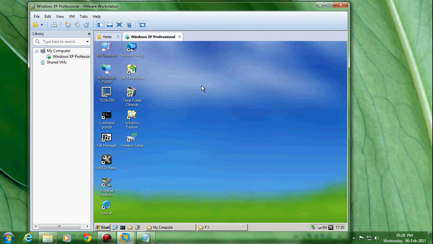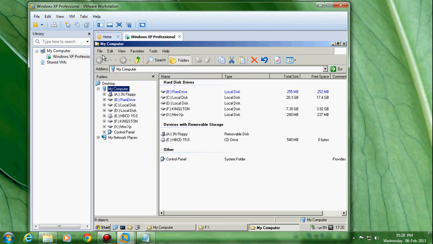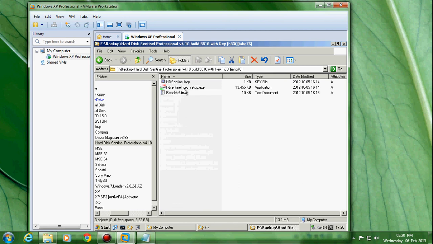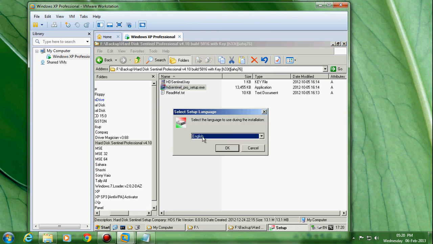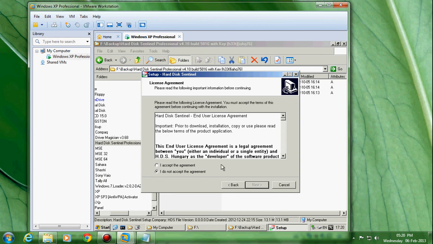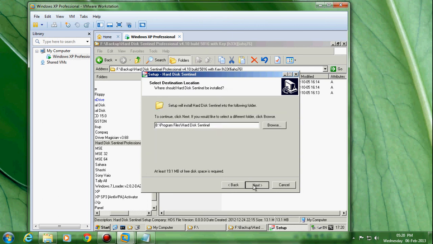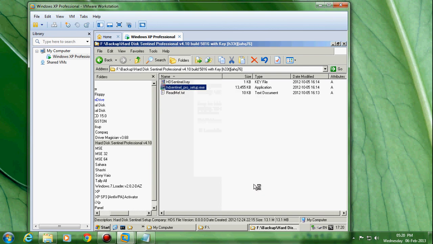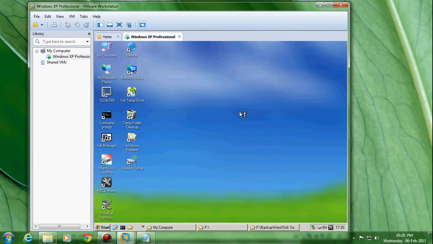And if we find any difficulty in the hard disk partition or response or anything, we can check the hard drive condition with software. Right now the software is Hard Disk Sentinel. It will install in the Hidden Boot CD, and it gives the complete status of the hard drive, how many days it was used, how many bad sectors are in the hard drive, and what the performance of the hard drive is. Everything it will display.